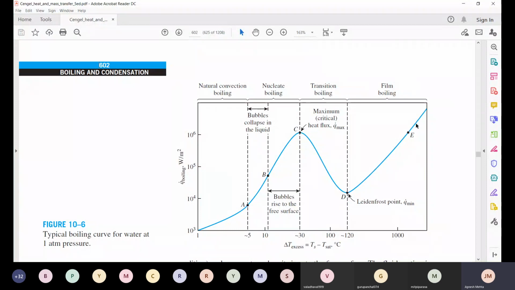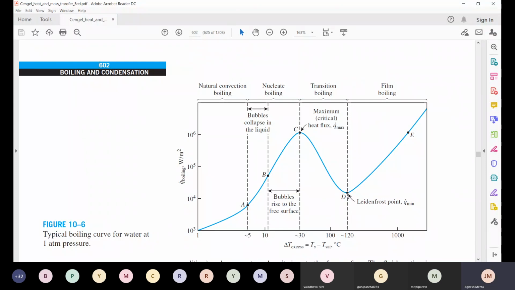The heat flux controlled experiment may be done in the reverse direction also. So in that case, what will happen? You may start with, let's say, 1000 degrees Celsius, or a particular heat flux, or you may even start at a much higher heat flux, let's say this heat flux, which you cannot get in these regimes. So you start with a very high heat flux and a very high temperature difference. You go on decreasing the heat flux, and it will move along this line. You will reach this point where the heat flux is quite low, but still the temperature difference is 120.